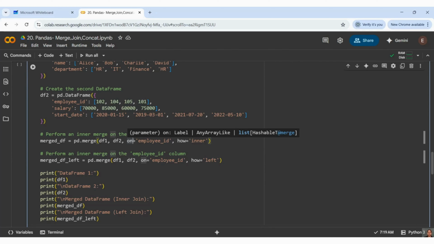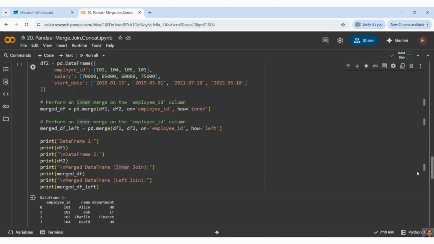Table A ID equal to table B ID, then it will give you the output. So this is the same concept. Here, on means the same thing, based on what you are merging. So I am telling that based on my employee ID, I am merging, and how is inner. This is a keyword. This how is a keyword, and this is again a keyword, right?